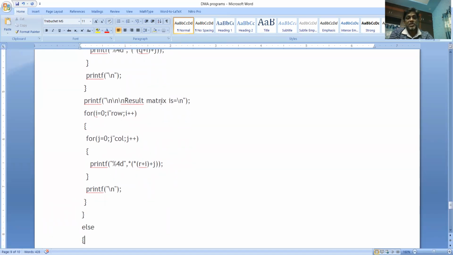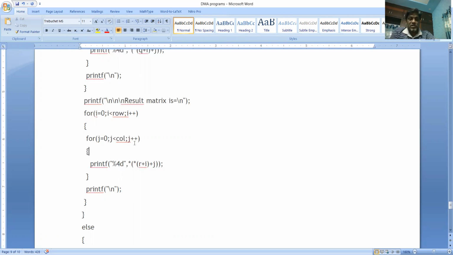Printf result matrix, for i equals 0, i less than row, and for j equals 0, j less than column, j plus plus, printf percent 4d star of (r plus i) plus j. This is just for aligning the elements properly, percent 4d. After the inner for loop, use a printf backslash n to separate the rows of the matrix.